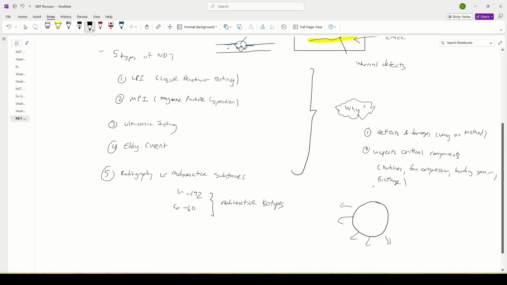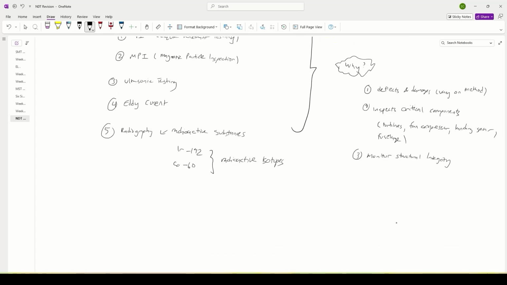Because inside at cruising altitude you have, for example, almost 0.8 bar, then outside maybe around 0.4 bar, so the pressure will be pushing the material outwards, and this may cause cracks to appear. Next is to also monitor structural integrity, because we want to check for damage or degradation of the material. And then we have to comply, so this is